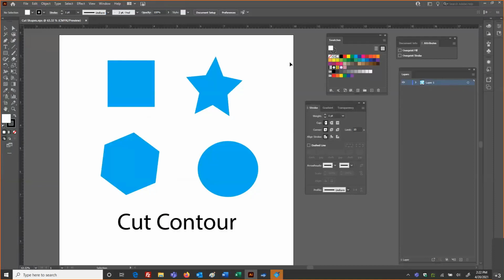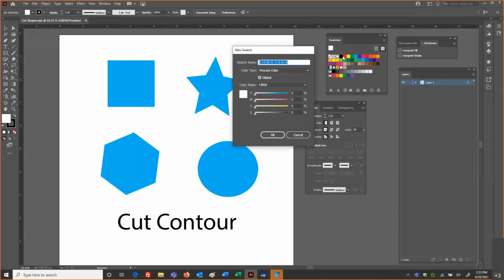So the first thing I need to do is make a new spot color swatch. This must be a spot color. The name is going to represent the cut path. So what were the names that I identified in the quick set?